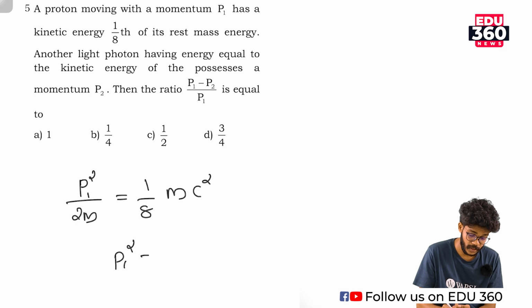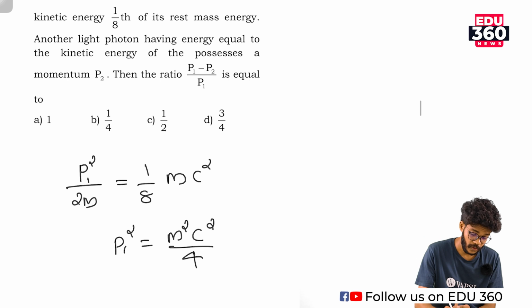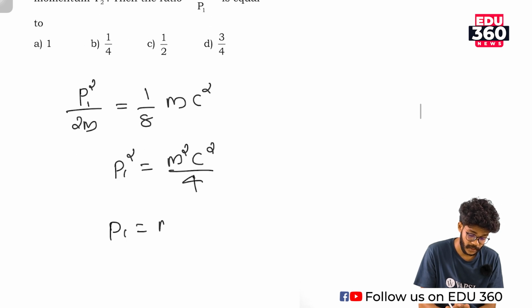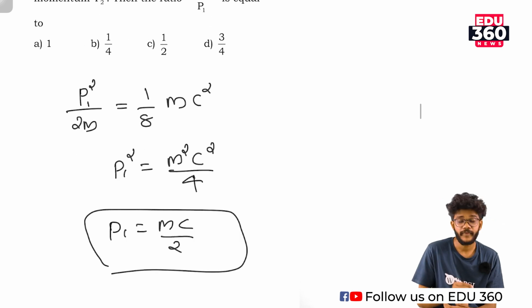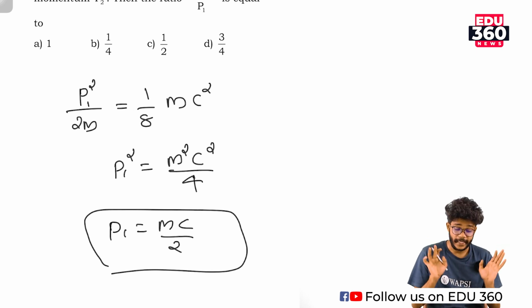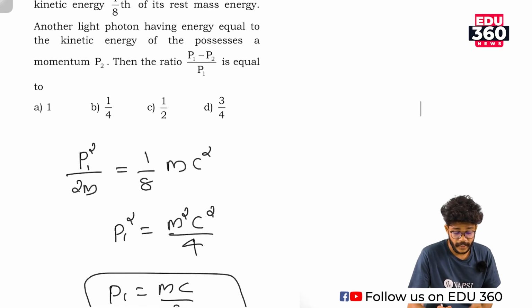So p1 square is equal to m square c square by 4. So p1 is equal to mc by 2. p1 equals mc by 2. Put that in a box. Okay, next we can calculate